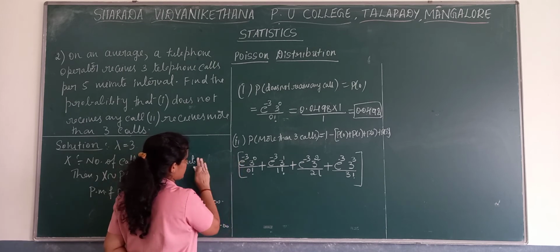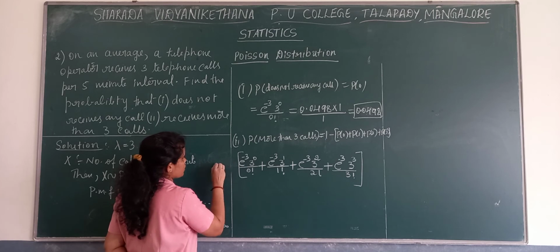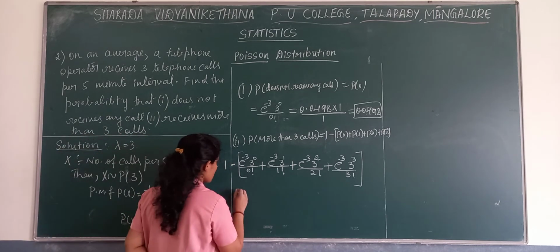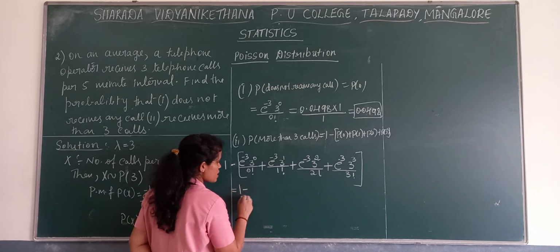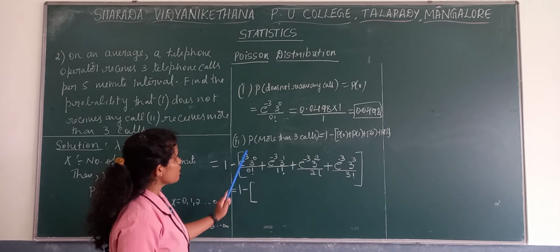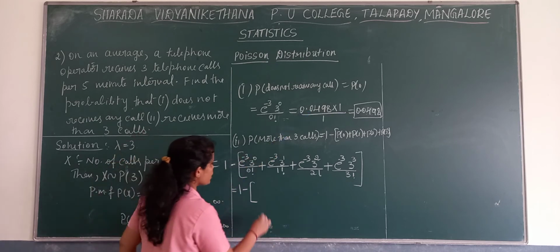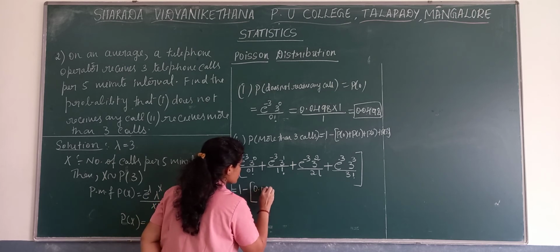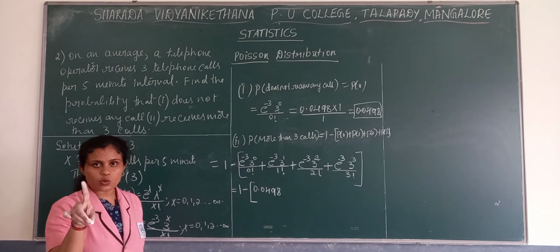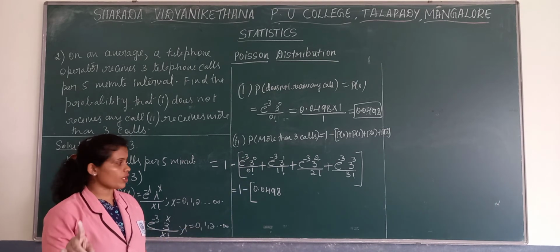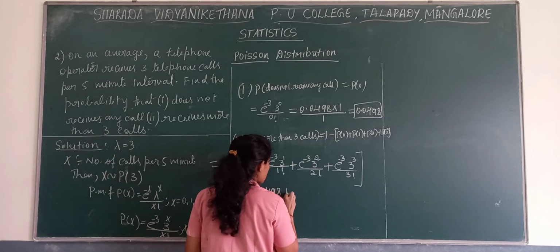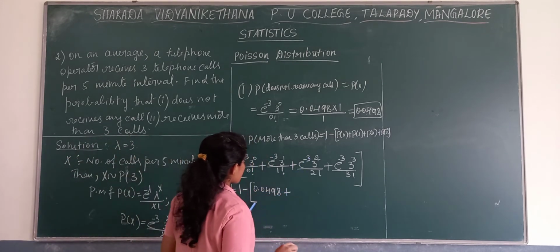Here it is 1 minus. Now 3 to the power 0 means 1 and here also 1, so no need to take that. Here we will get 0.0498 plus e to the power minus 3, same thing,